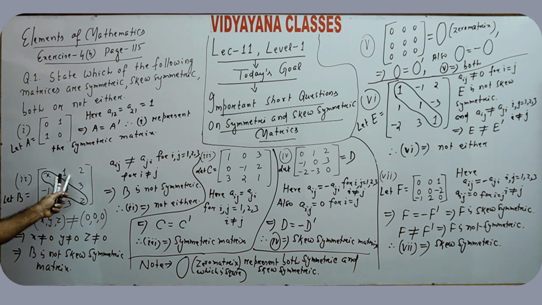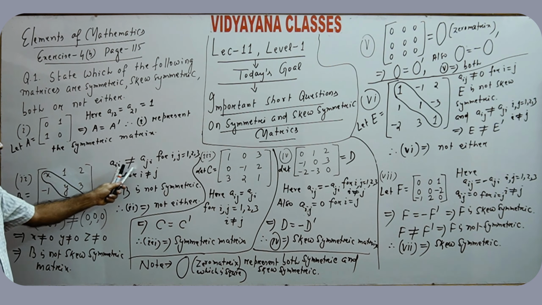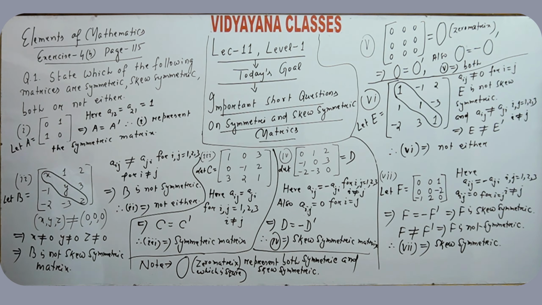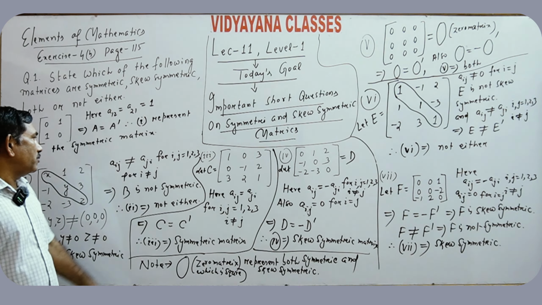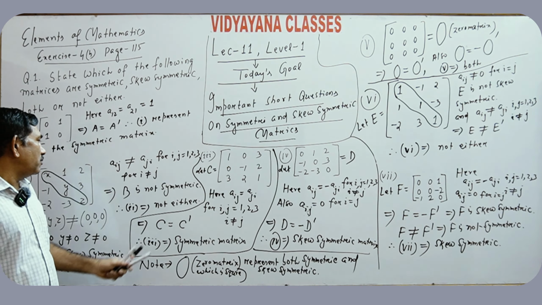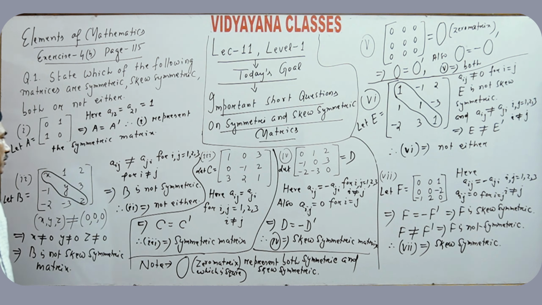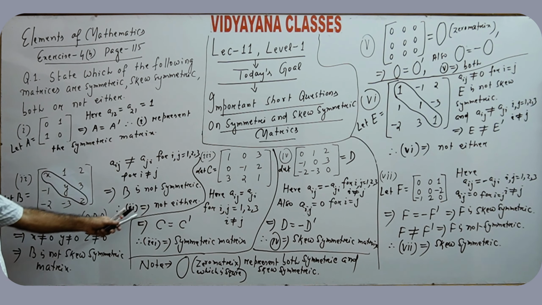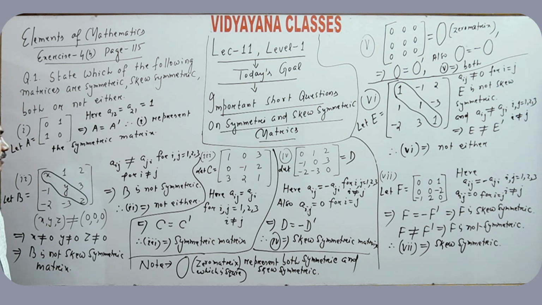Again, A12 is not equal to A21. Aij is not equal to Aji for i, j varies 1 to 3. For i not equal to j, B is not symmetric. So, it is neither symmetric nor skew symmetric. So, it implies it's not either. Third bit,